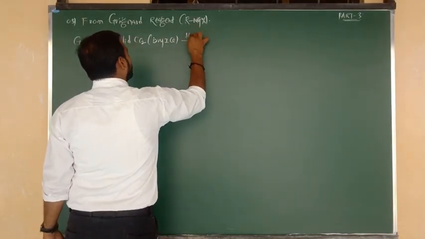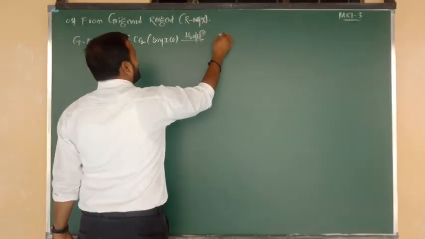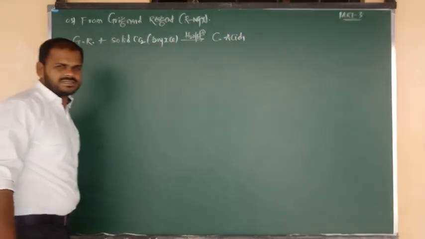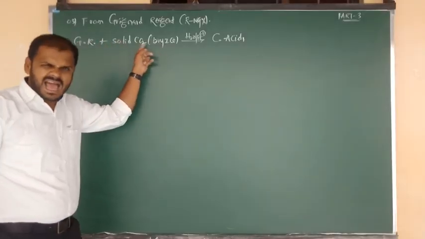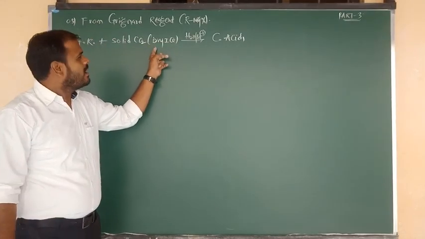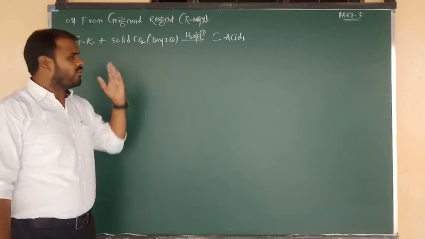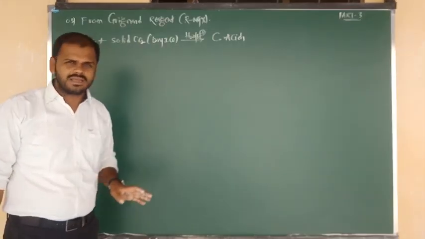and followed by hydrolysis. Hydrolysis takes place in acidic medium and finally it forms the product, which is nothing but carboxylic acids. One statement: Grignard reagents on reaction with dry ice, nothing but carbon dioxide, and followed by hydrolysis give carboxylic acids. Only 2 steps. One is reaction with CO2, one more is hydrolysis. We will get the carboxylic acids.